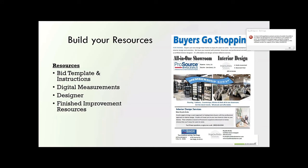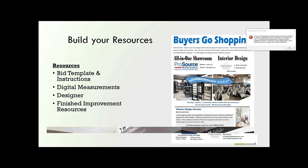I want to go back to this previous slide just to also point out, again, we're trying to do everything we can to really provide a complete solution to you and your clients out there. So I've been working with ProSource here for the past 6 months, promoting their strategy to realtors and this type of renovation loan opportunity. I also have an interior designer, and what she will do is she'll go on site for 1 hour with your client, review the prospective property that they're interested in, sizing that up,